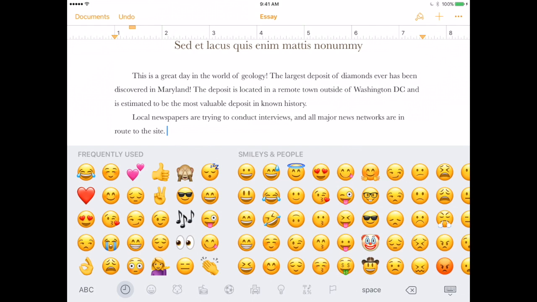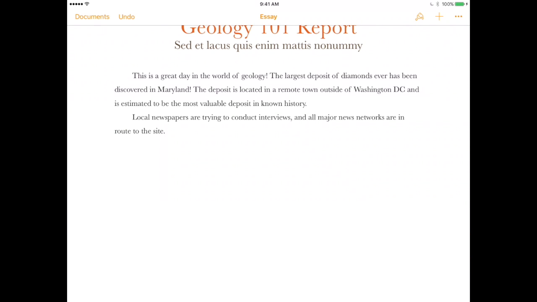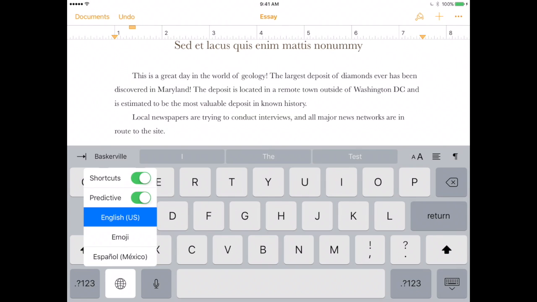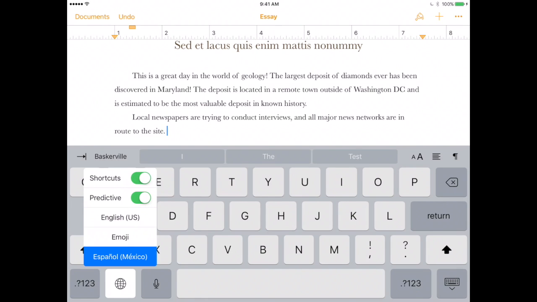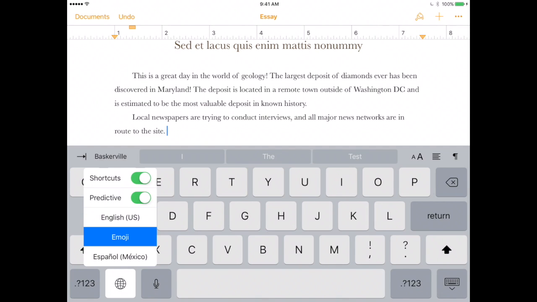Now you'll notice it said on the spacebar which keyboard I was working with. Okay, so if you're not sure which keyboard it is, when you tap the screen, if you hold it in, you can actually choose which one you want by holding it in. If you just tap on it once, it's going to go to the next keyboard. You can also change if it is predictive text or not, and then if any of the shortcuts are available. So I'm going to take it back to standard US English, but I just wanted to show you that you